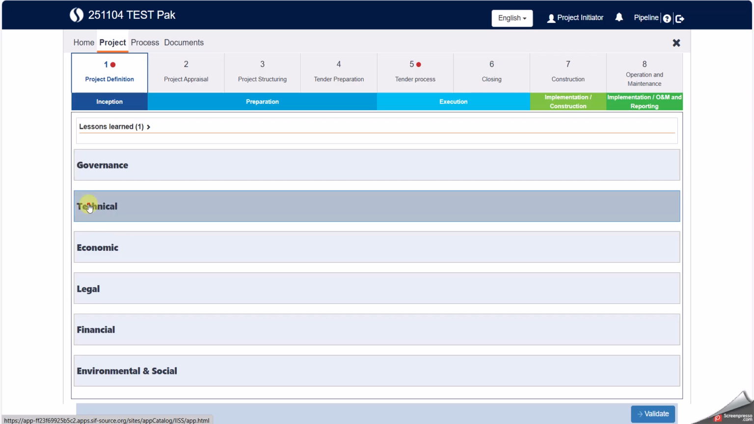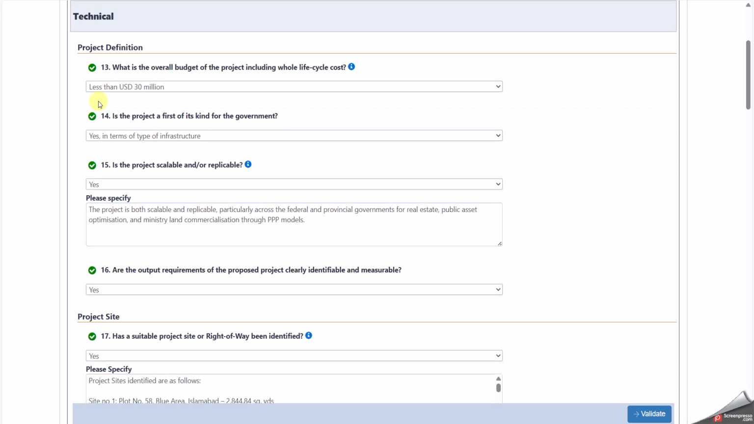So for example, let's go into the technical section. Here we have answered a couple of questions. For example, this question, is the project scalable and or replicable? I answered yes, and gave my reason for this. Now regarding this question, if a new team member has been added to this particular project, and is catching up on where the project stands right now, and he's looking at these answers and wants to see where they are coming from,